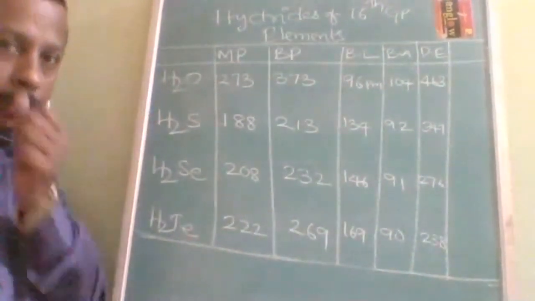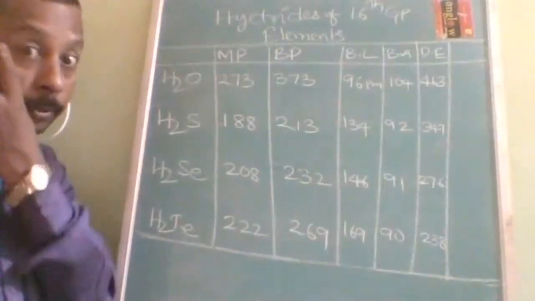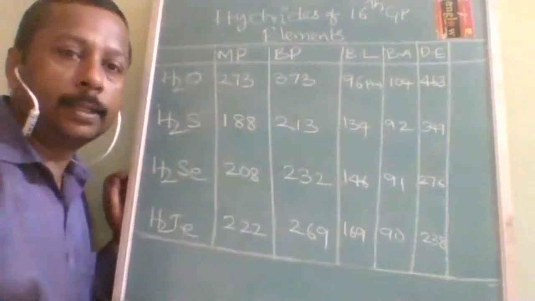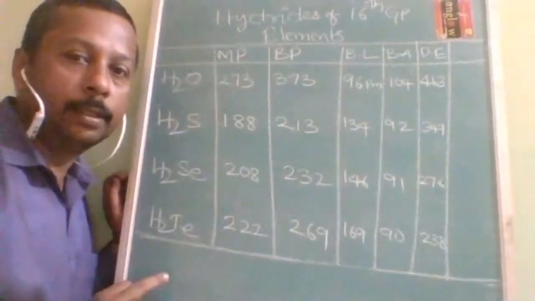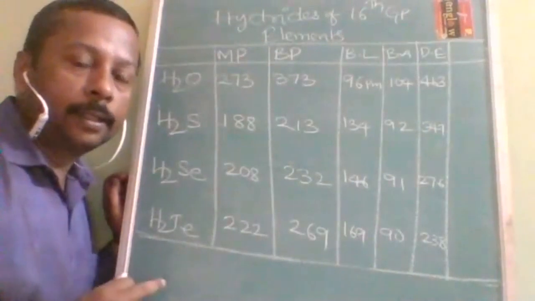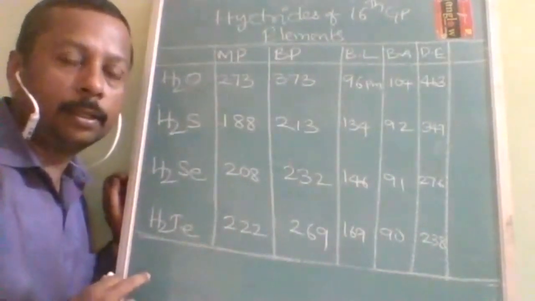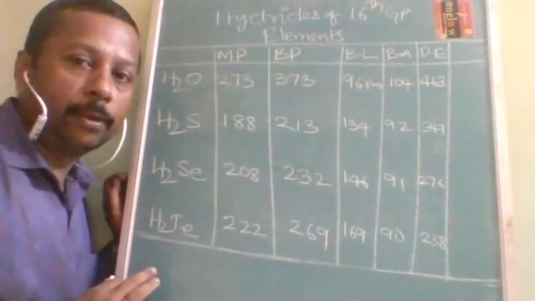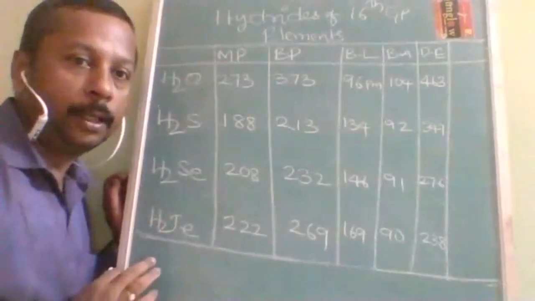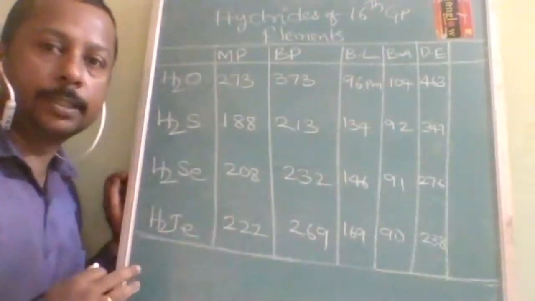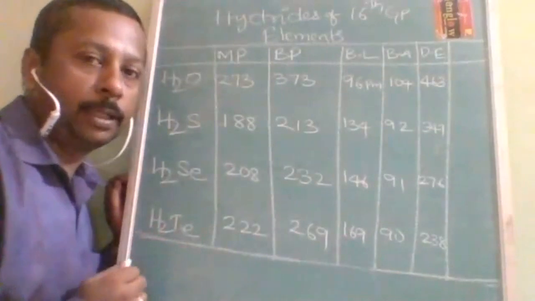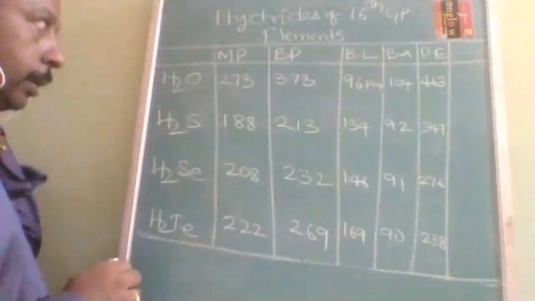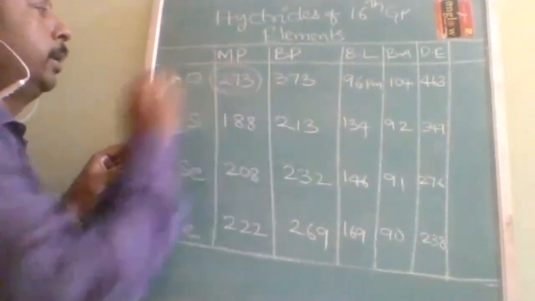So now, what type of questions did I tell you? First you should mark out from this table: first thing is highest, second thing is lowest, third thing is increasing order, fourth thing is decreasing order. Fifth thing, is there any abnormality and the reason behind it. And sixth thing is consequences, why this is going to affect any other property. Now let us see melting point. See here, the highest melting point is of H2O.